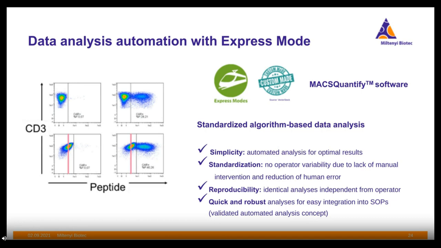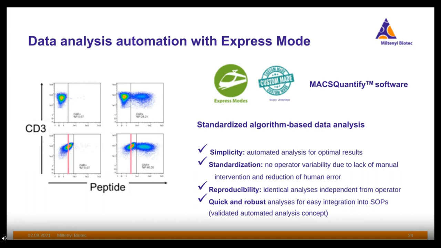So thereby it also enhances standardization as well as reproducibility. What is also nice, of course, is that quick and robust analysis can be performed and easily integrated into your SOP. I'll give some exemplary data at the end to show you how this can be helpful